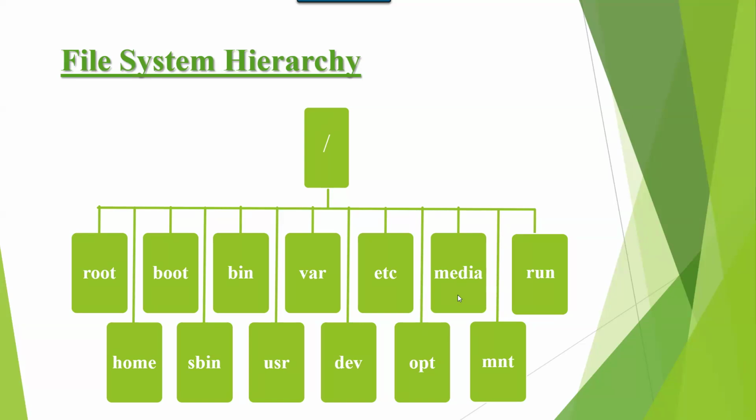Media contains external devices information and kernel information up to version 6. Media contains external devices information, meaning removable devices information. Like external hard disk, meaning removable hard disk, external DVD writers, pen drives, information is stored under media up to version 6. MNT contains partitions and their mounted directories information. Which partition is linked with which directory? That information is maintained by MNT. And run contains external devices information and kernel information from version 7 onwards.